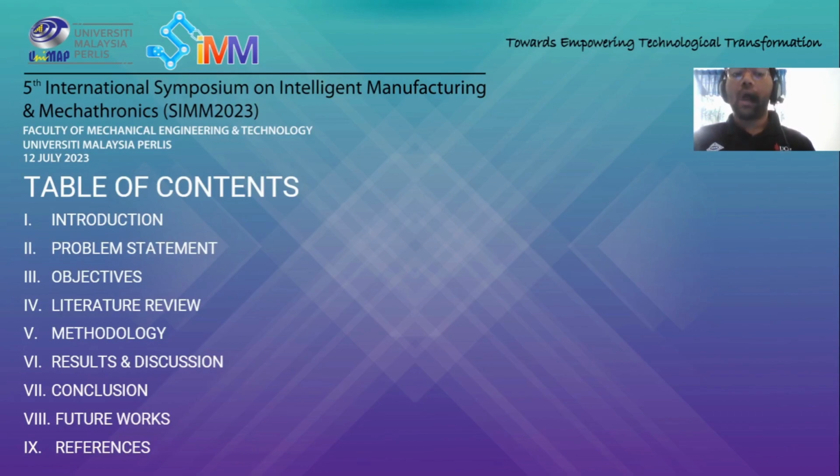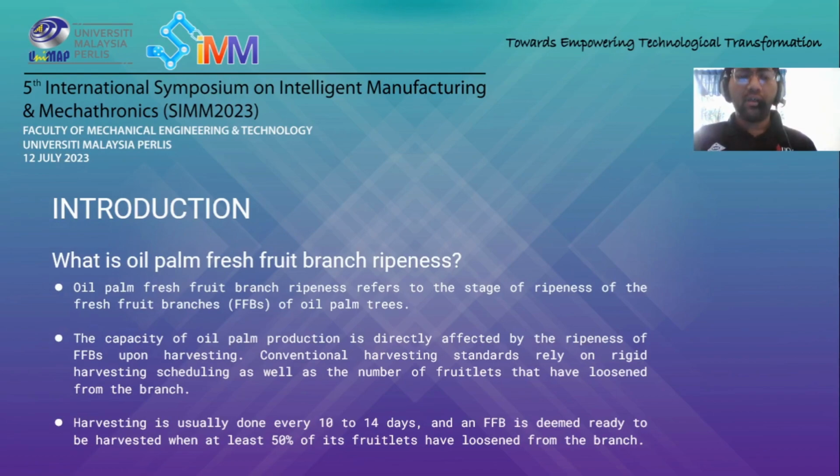problem statement, objectives, followed by the literature review, methodology, results and discussion, and lastly, the conclusion, future works, and references. Alright, moving on. Firstly, the introduction. What is oil palm fresh fruit branch ripeness? Oil palm fresh fruit branch ripeness refers to the stage of ripeness of the fresh fruit branches, FFBs in short,